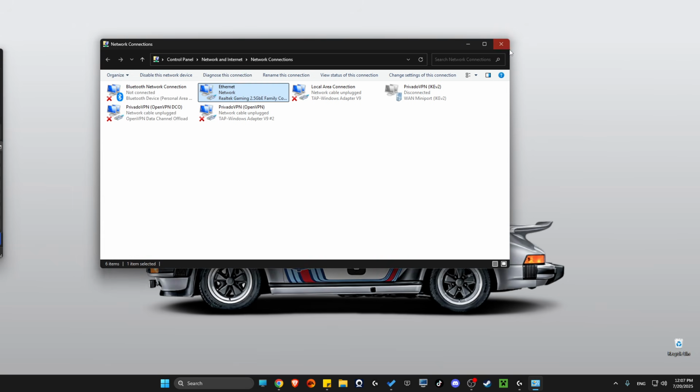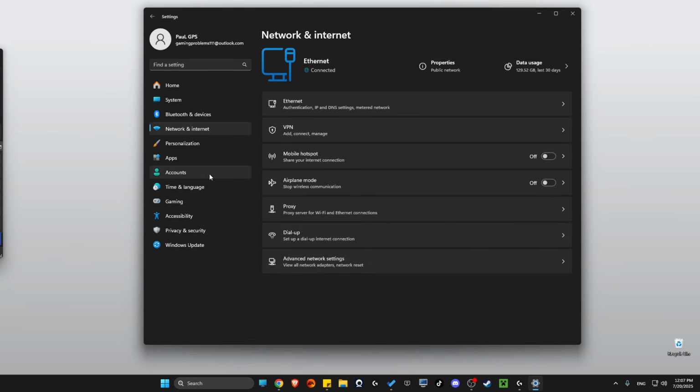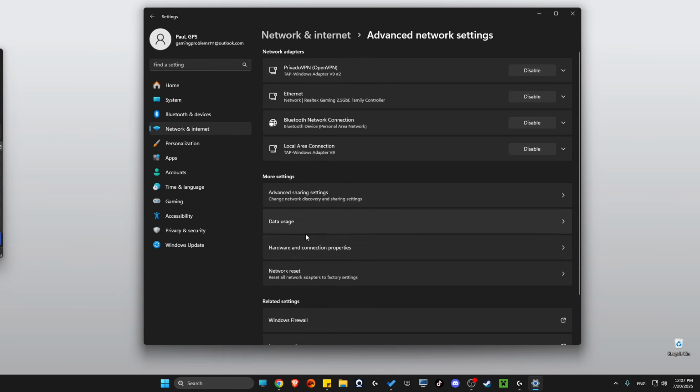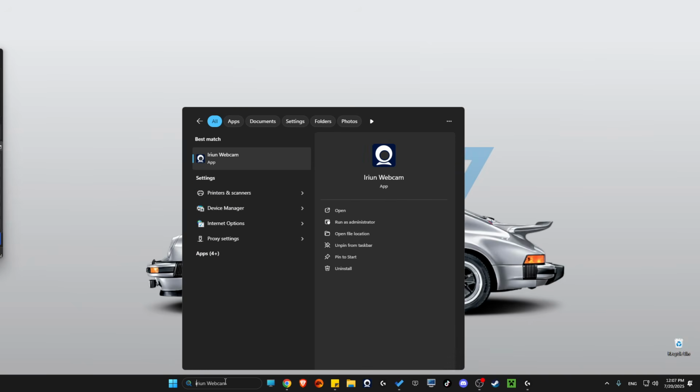Then after you apply the changes, go to settings, and then go to network and internet, advanced network settings, and then network reset, and reset your network. And if this does not work, then go to installed